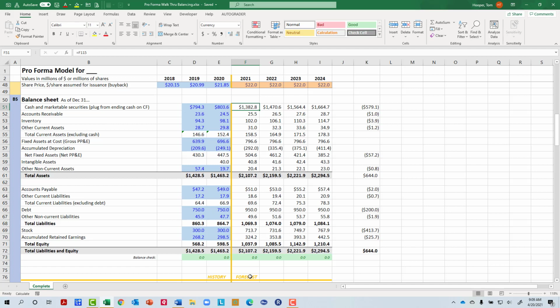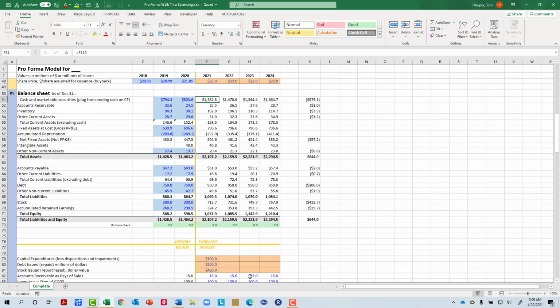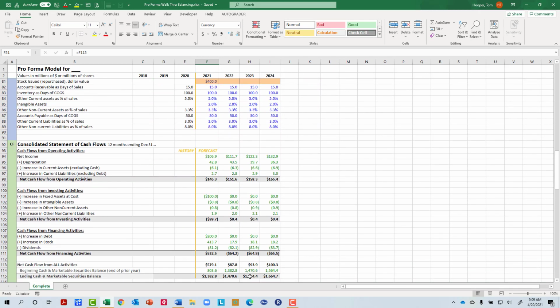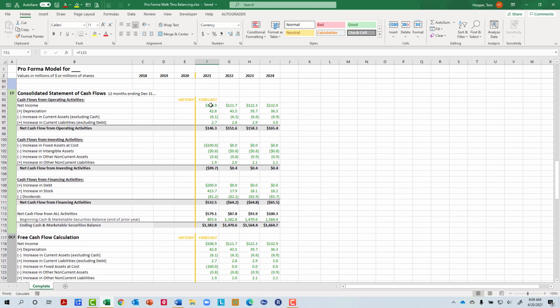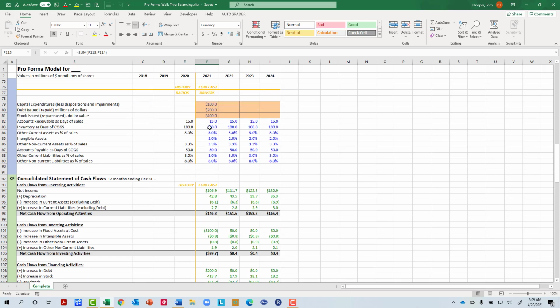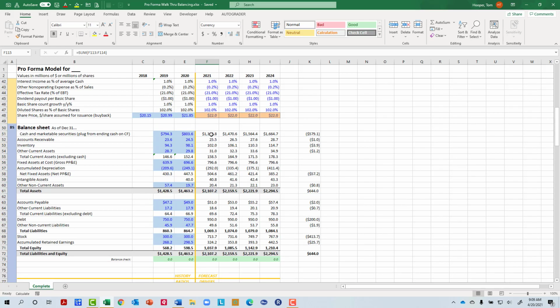It's not intuitive to me until I stop and think about it: the statement of cash flows added up all the sources and uses of cash this year. So if I take the sum of all the sources and uses and add it to last year's cash, I get this year's cash. So it's this year's cash here in column F, or year 2021, that needs to drive my cash